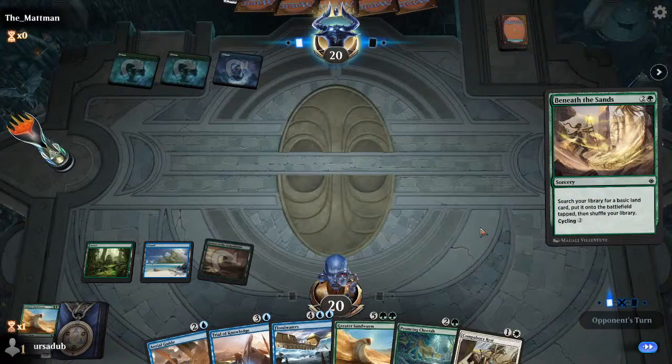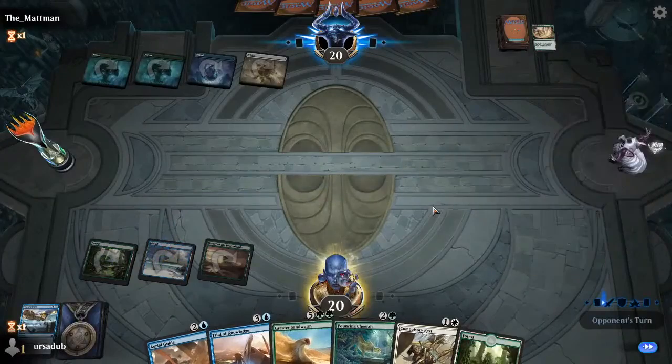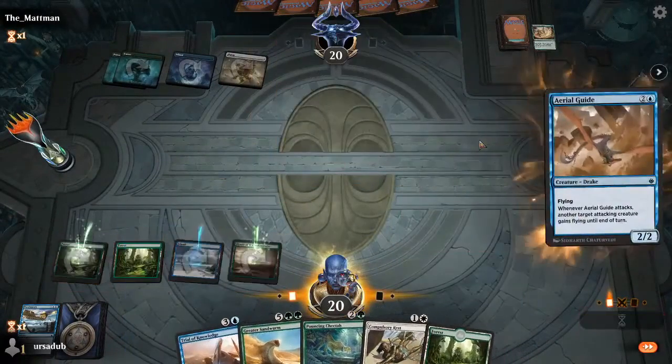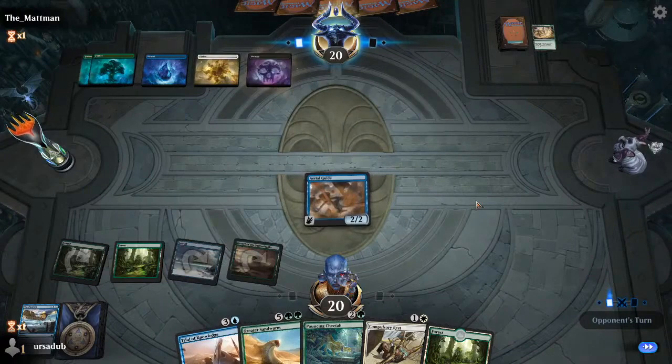Okay, they're ramping. So I guess they're looking for a long game as well. Yeah, I guess we'll just go ahead and cycle this. Okay. I guess we'll go ahead and get this down while they can't have Essence Scatter up. I could have been a little bit more mana efficient and played the Trial, but